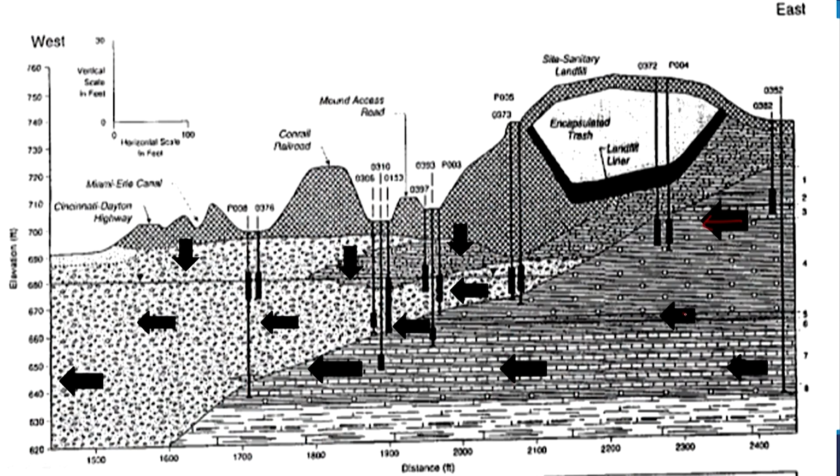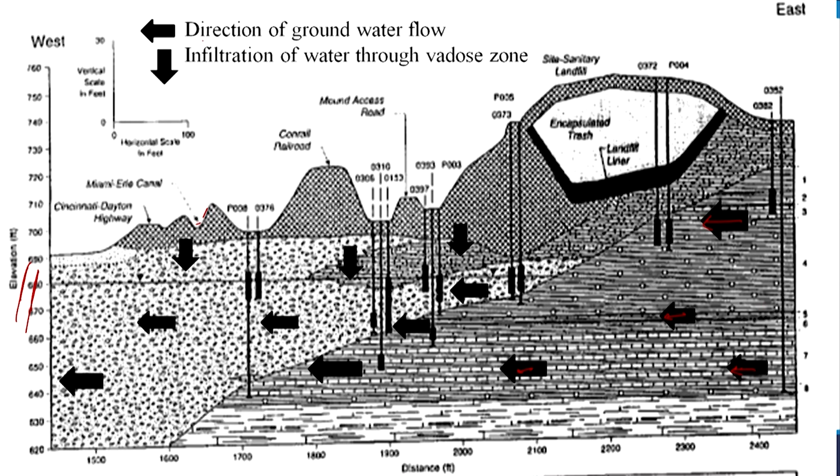So, obviously, the groundwater flow is in this particular direction, right, and why is that? Obviously, typically you have a canal or surface water body out here, but again I believe you have some river or such water body out here too, right. Again, as you see, the water is flowing from the east to the west, or even east to the north and then northwest, right. So, let us move on. So, direction of groundwater flow, that is what you see here, and again infiltration of water through the vadose zone, right. So, that is something to obviously keep in mind.